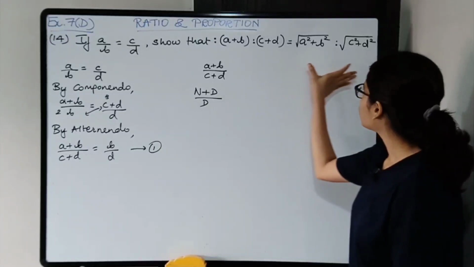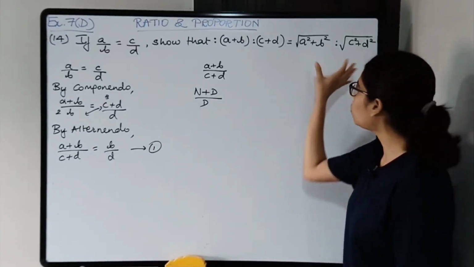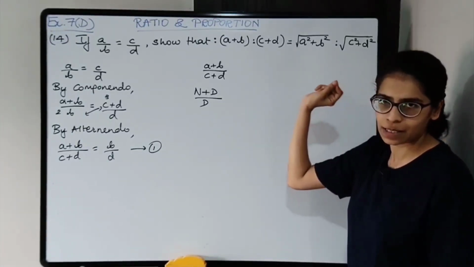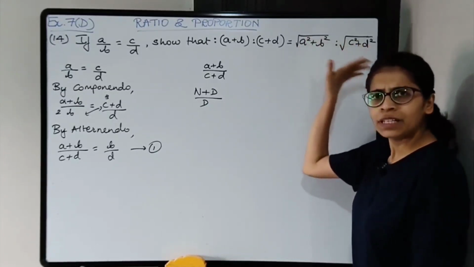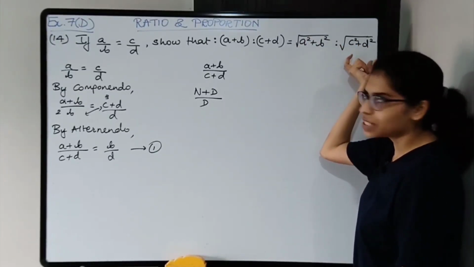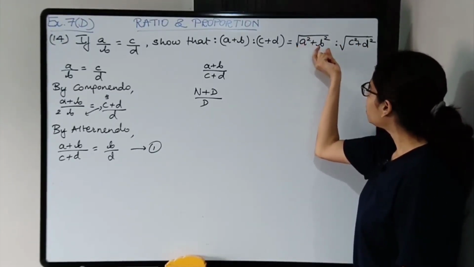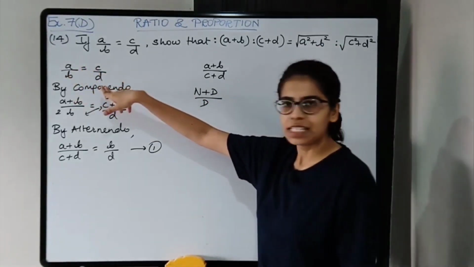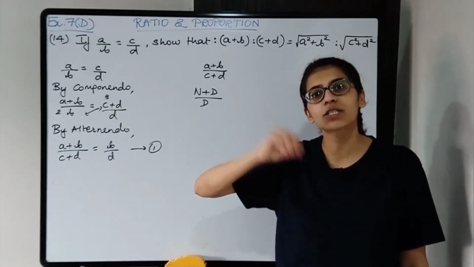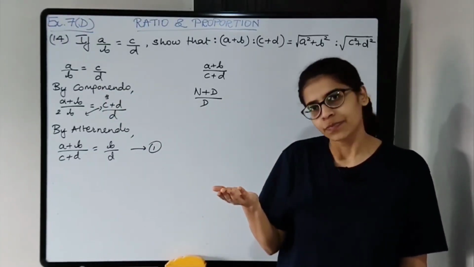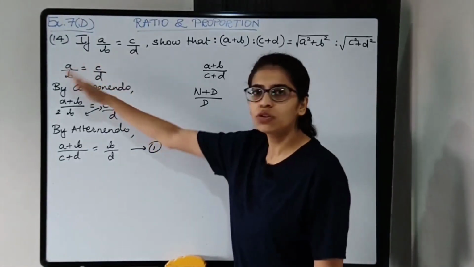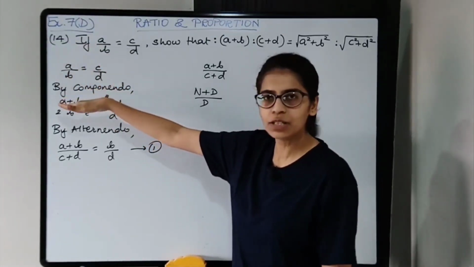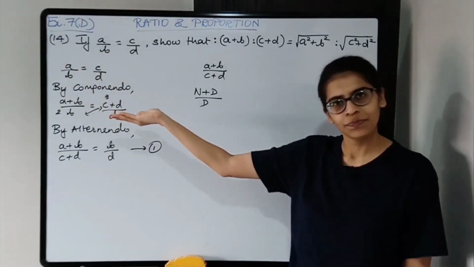Now we need to check the RHS. So how will we obtain the RHS? Let us see. We'll look at the square root later, first let's see the terms inside. There is A square, B square, C square, D square. We are given only A, B, C, D. So what we can do is we'll square the terms. Okay, we'll square on both the sides, so it will become A square upon B square equal to C square upon D square. All right.